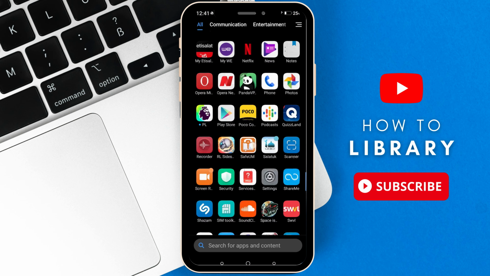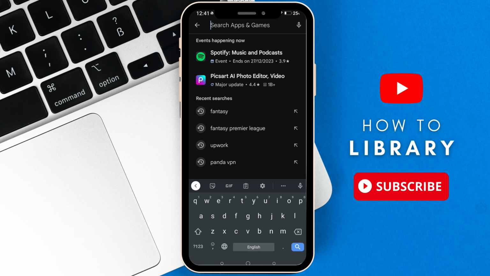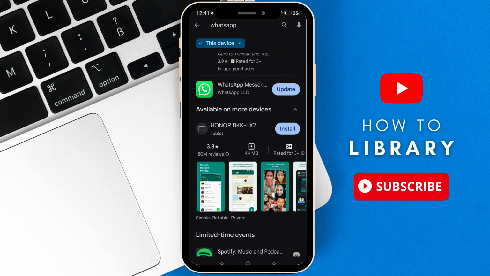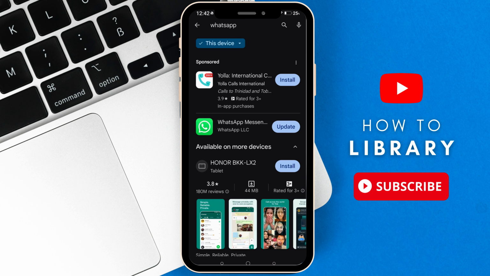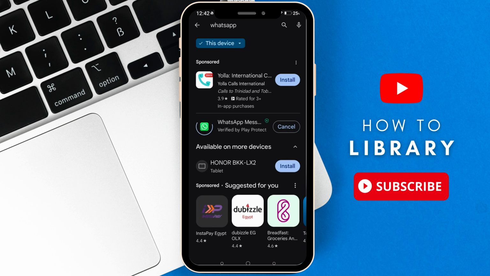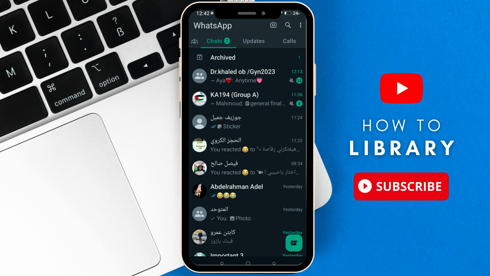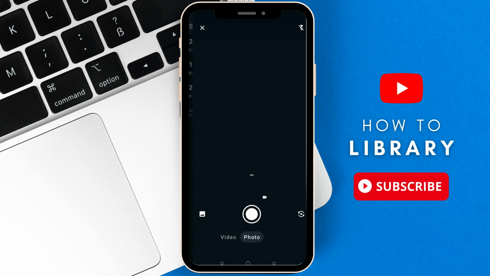Then go back and open your Play Store and make sure that your app is updated. As you can see here, I am not having the latest update, so I'm gonna update it right now. After updating, we can open the application, then go back to updates, and now I can choose a video from